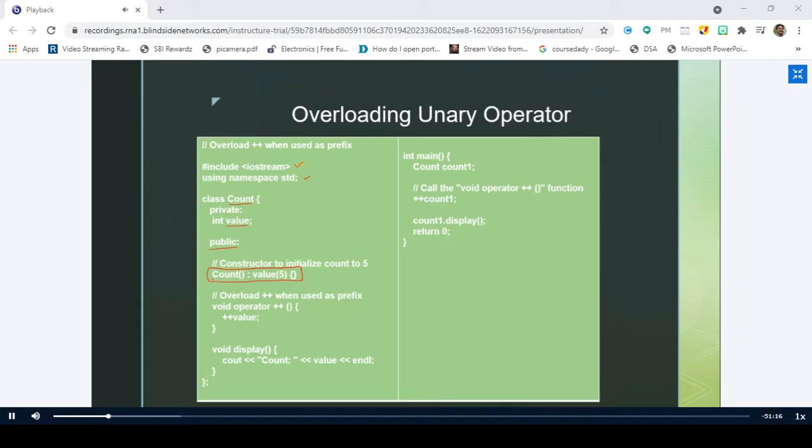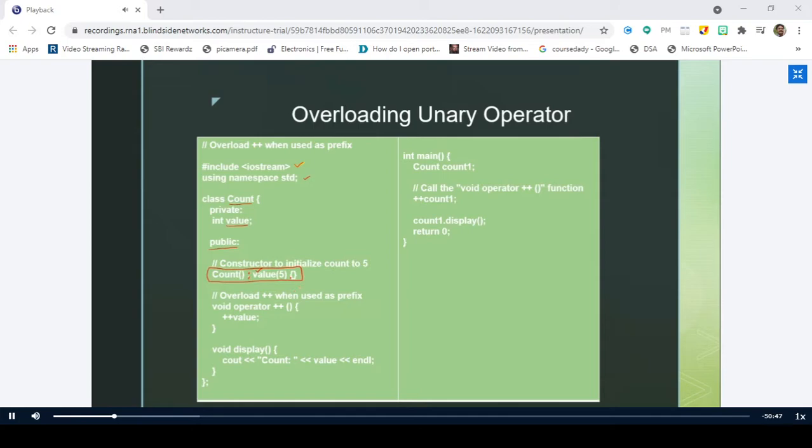So the name of the function itself is Count, and after this I am using a colon, and after this I'm taking the value. What is this value? Class name, sir. No. Data member, sir. Class name is Count, right? So value is the private data member, and after that I am putting the value 5 within the parenthesis.